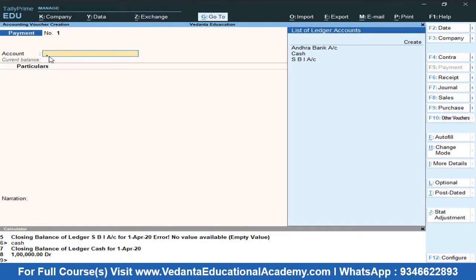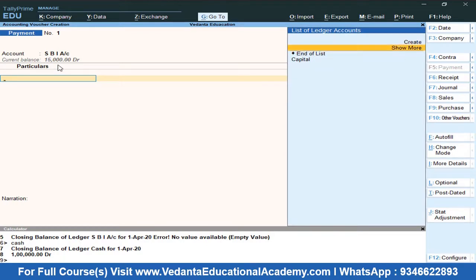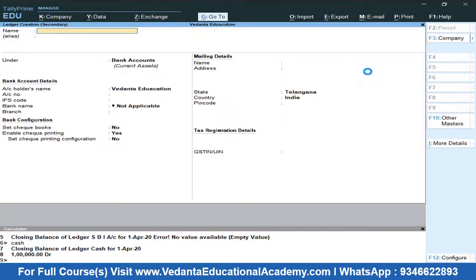Yes, of course. For example, we are paying salaries from SBI. So select SBI. What is the balance available here? 15,000. Out of that, we are going to pay salaries. Is the salaries ledger created? This time the salary ledger is not yet created. If you want to create a ledger, you can press Alt+C, or else you can click on create.